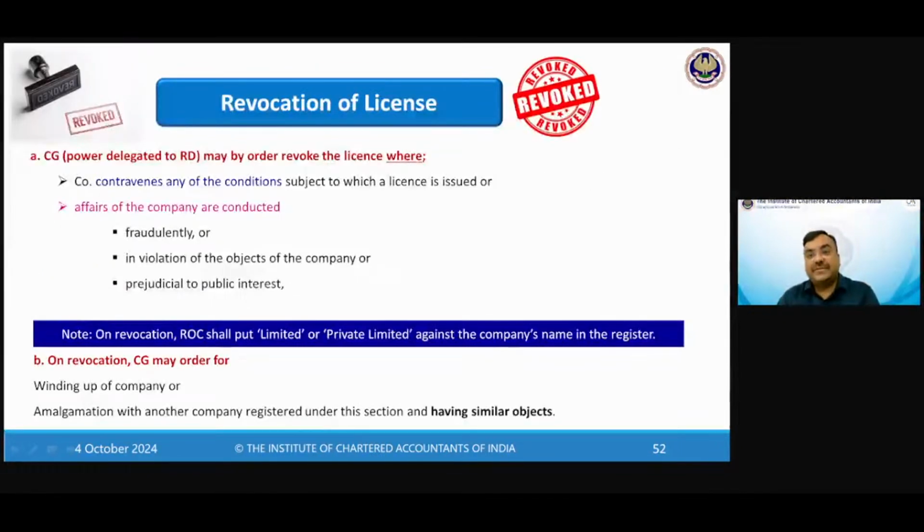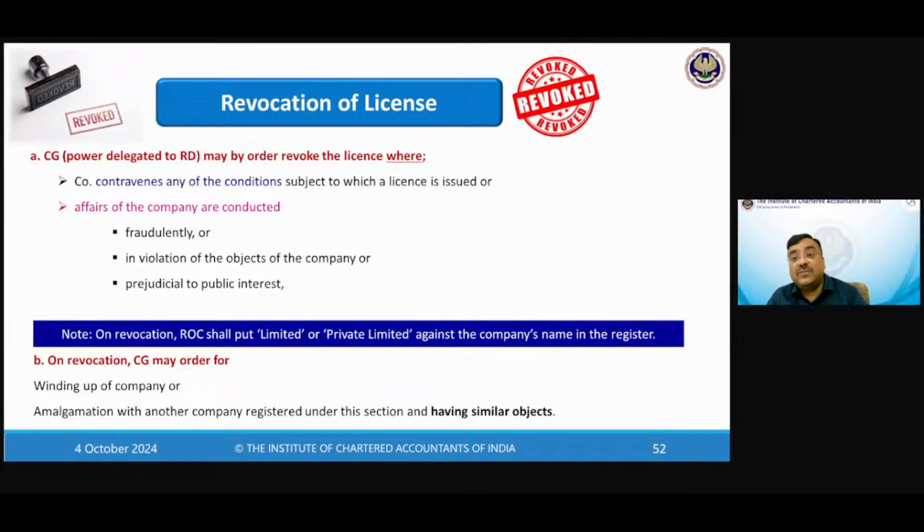The revocation of license of charitable company. If central government, power delegated to regional director, the central government may by order revoke the license in these situations: company contravenes any of the conditions subject to which a license is issued. कंडीशन लगाई थी वो आपने पूरी नहीं की, and affairs of the company are conducted fraudulently in violation of the